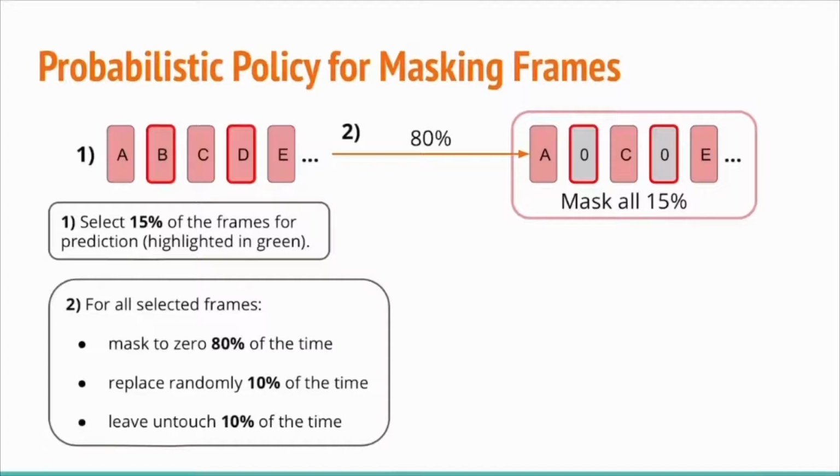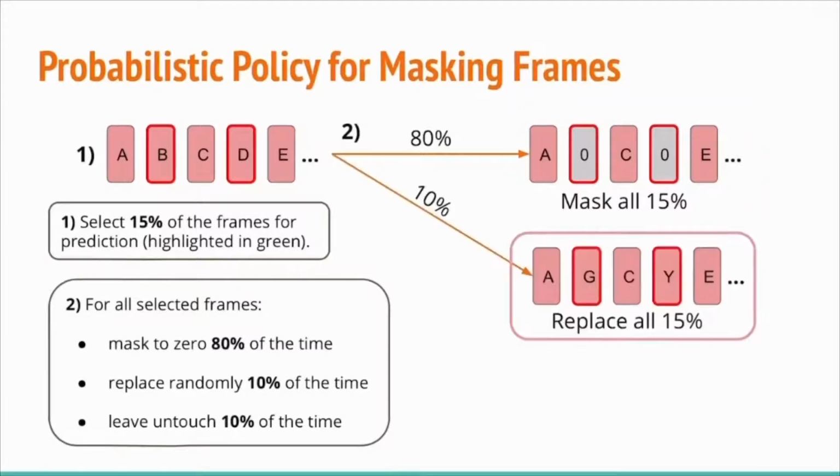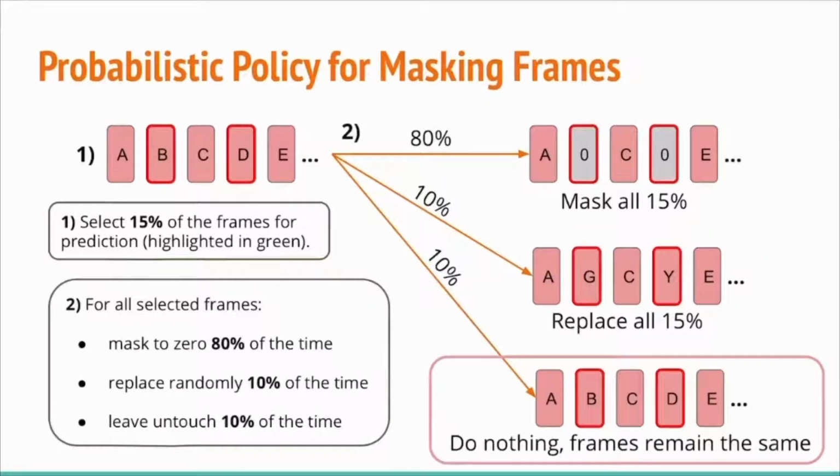So, for example, frames B and D will be set to 0. For 10% of the time, we replace the selected frames with random frames. For example, frames B and D will be replaced with random frames G and Y within the same utterance. For the other 10% of the time, we leave them untouched, so the input frames are identical with the original